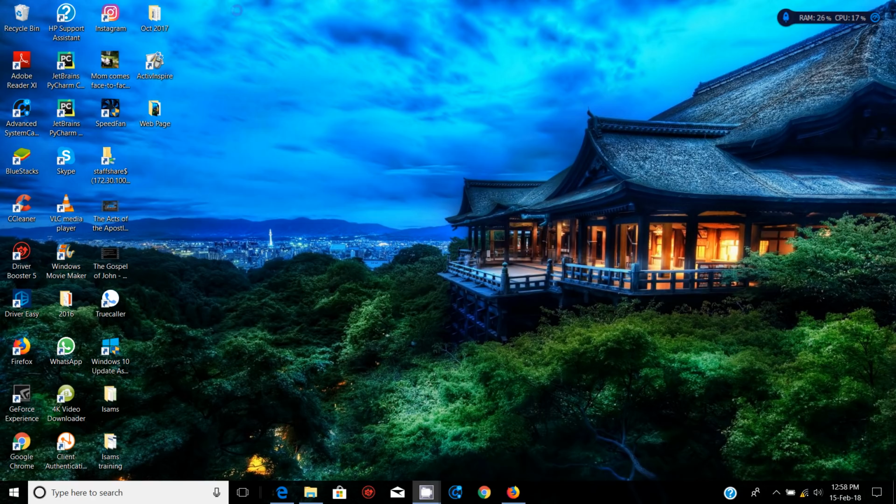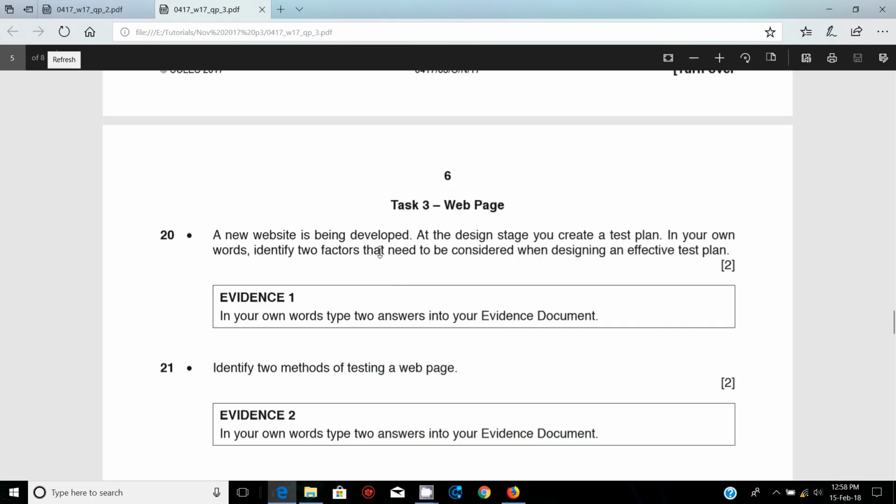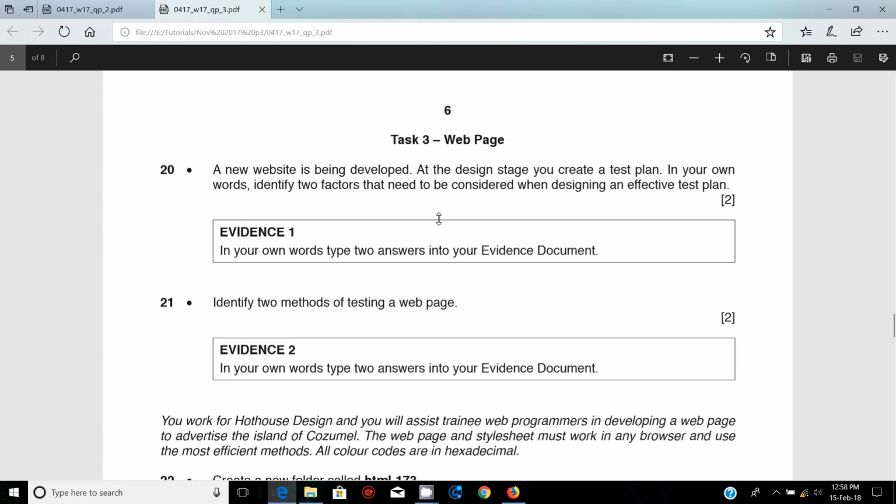In this tutorial, I'm going to continue looking at the October-November 2017 IGCSE ICT Paper 3. In the last couple of videos, we have been doing data analysis, and in this video, we are going to start looking at the web authoring section. Okay, so without wasting much of our time, let's go straight to task number 20, or task number 3, step